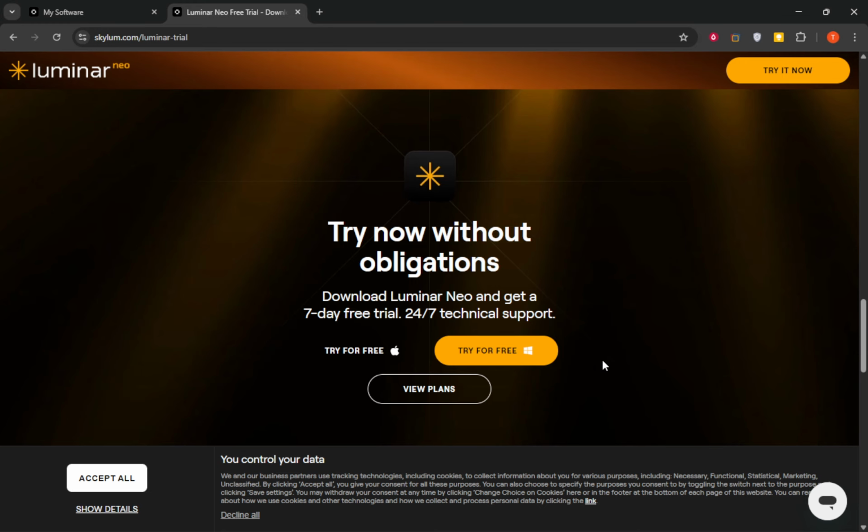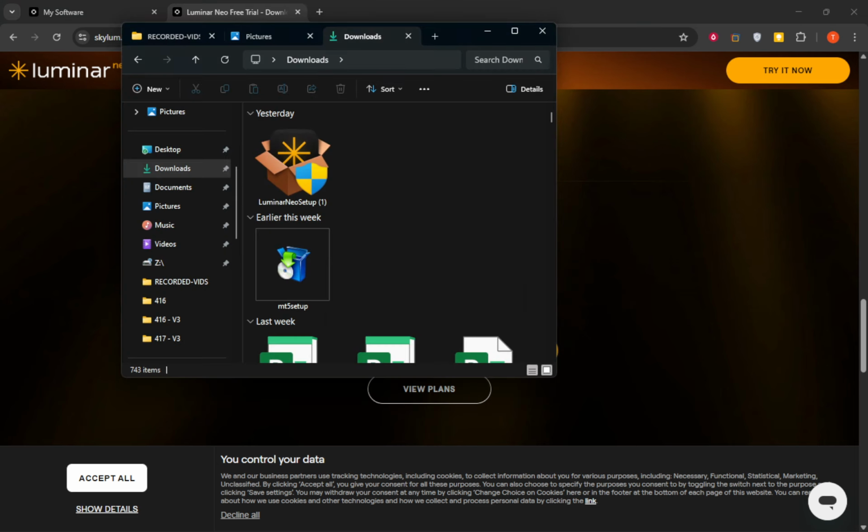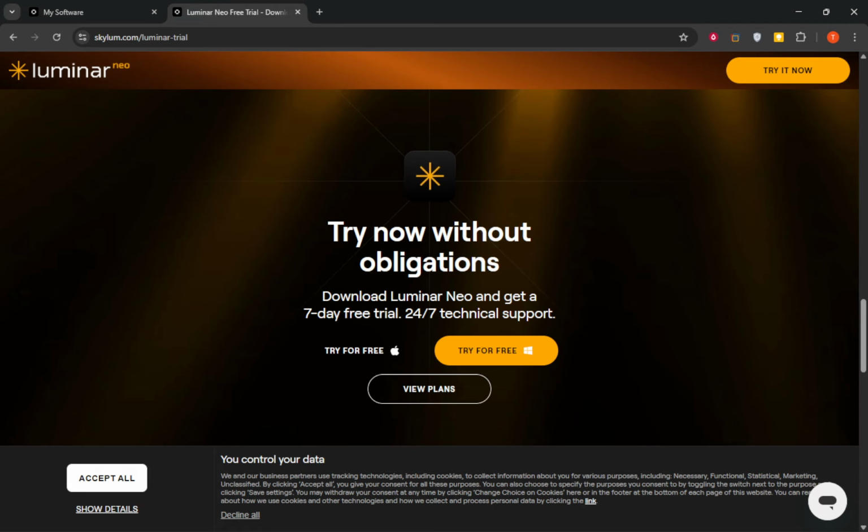First, get the app set up on the new computer. You don't copy the program from one computer to another. You reinstall it. Sign into your Skylum account, download Luminar Neo again, and run the installer on your new PC or Mac. When you open Luminar Neo, log in with the same account you used before. That login activates your license automatically, so there's no license key to type in. Make sure you're connected to the internet for the activation to complete.